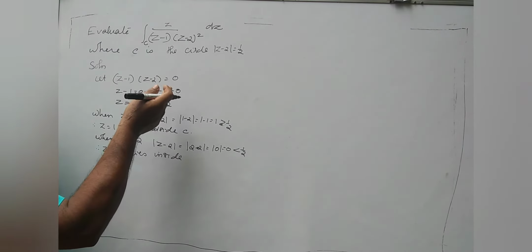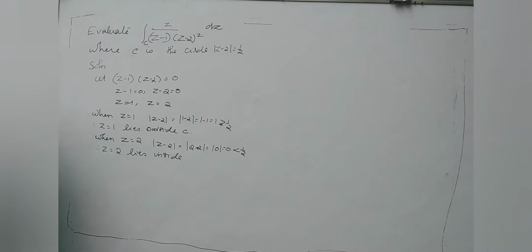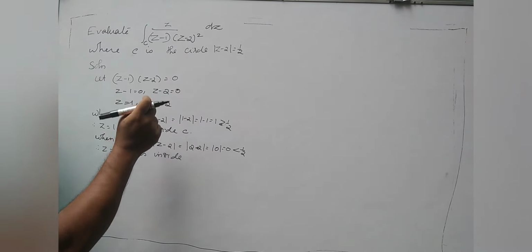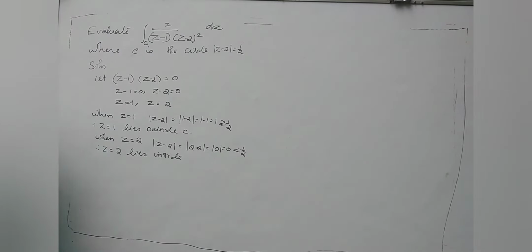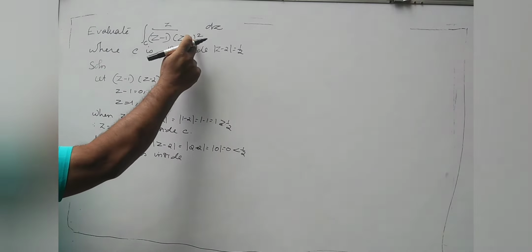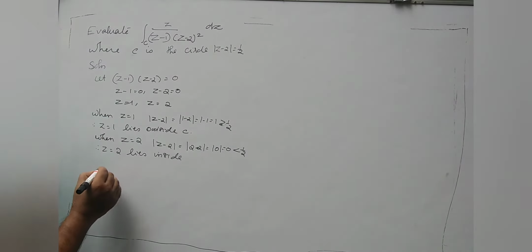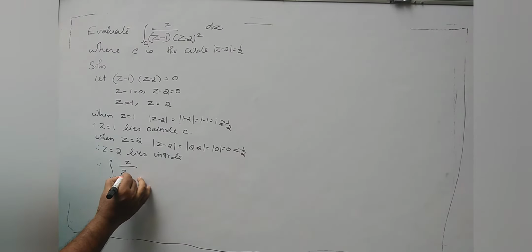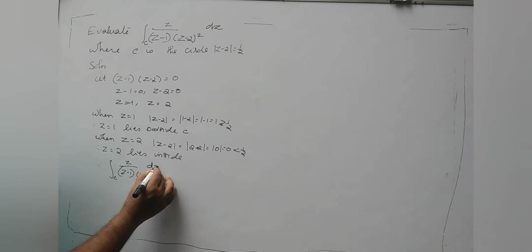So of the first point and the second point, only one singular point of this function lies inside C. So here z is equal to 2 lies inside. It has power more than 1, so we can apply the formula. So this is equal to what? Therefore, the integral over C of z by (z minus 1) into (z minus 2) the whole square dz is equal to,